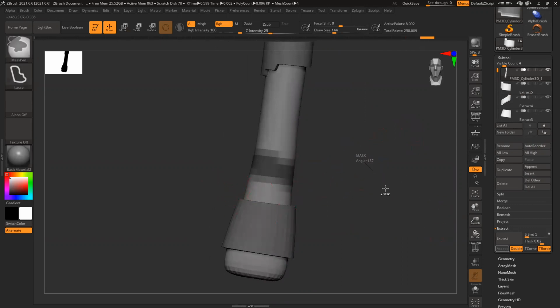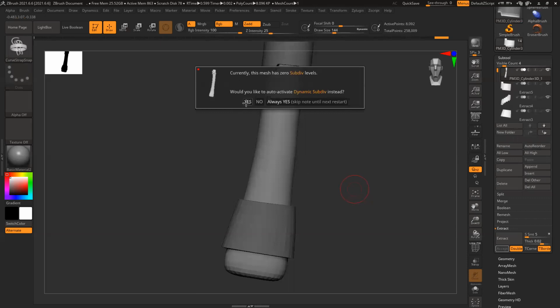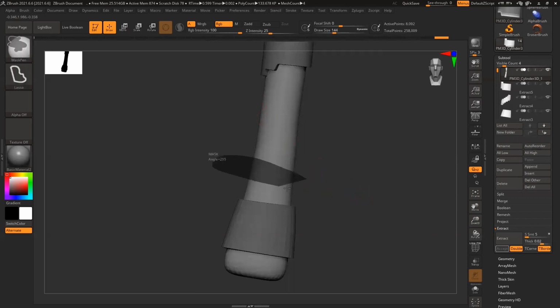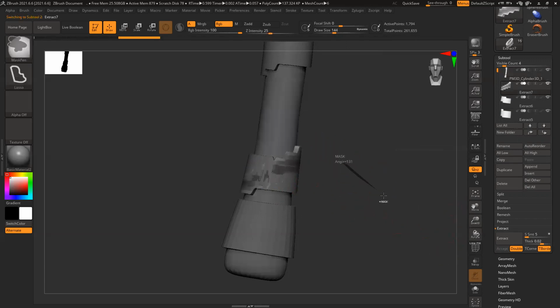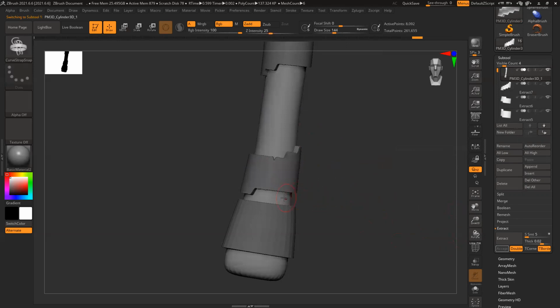Extract, accept, deselect, deselect. Then one more shape here, this side, extract, accept, deselect, deselect, and one more strap here, top of this. So three straps basically here.